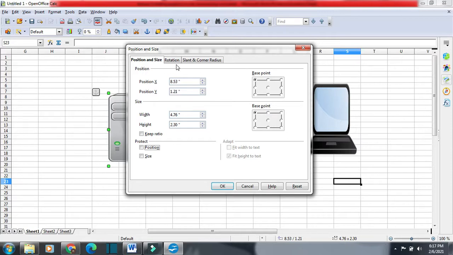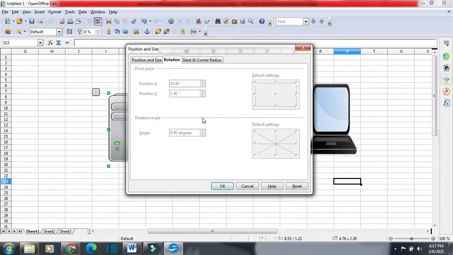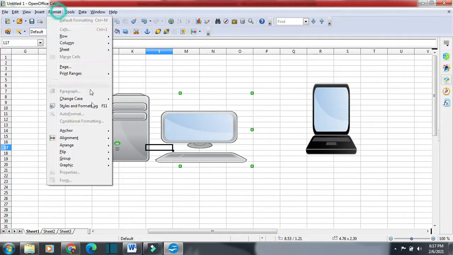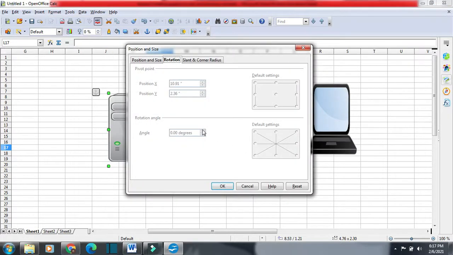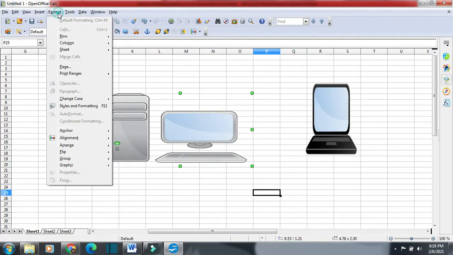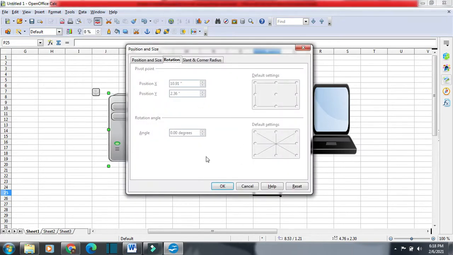Now we are going to change the rotation angle of the image. First of all we will select the image. We have selected the image, then Format, then Graphic, and then Position and Size. It is not coming. Again Format, Graphic, Position and Size, and the degree is not coming.